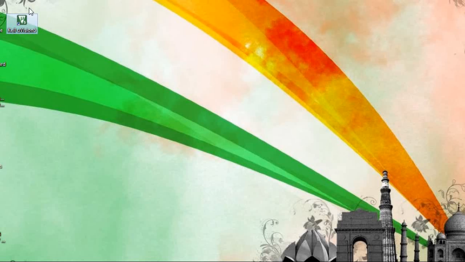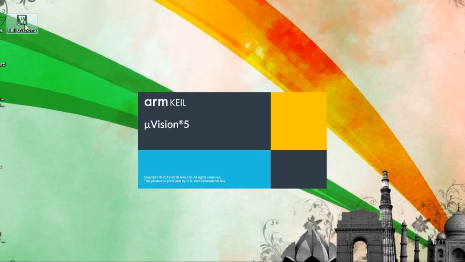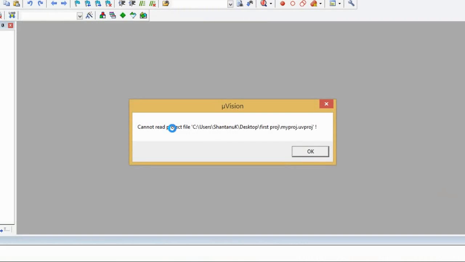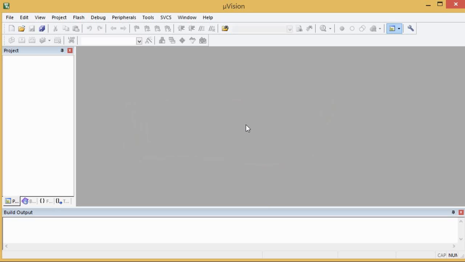After finishing you can see this kind of icon has got created over here, that is KEIL microvision 5. Just double click on it, it will get opened up. Now this is the window, a blank window basically. So in this way we have downloaded and run that file. Now we have microvision on our PC.